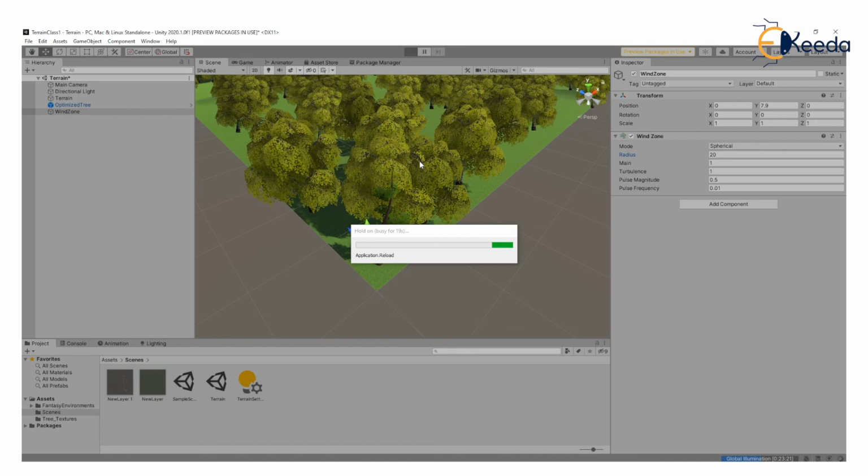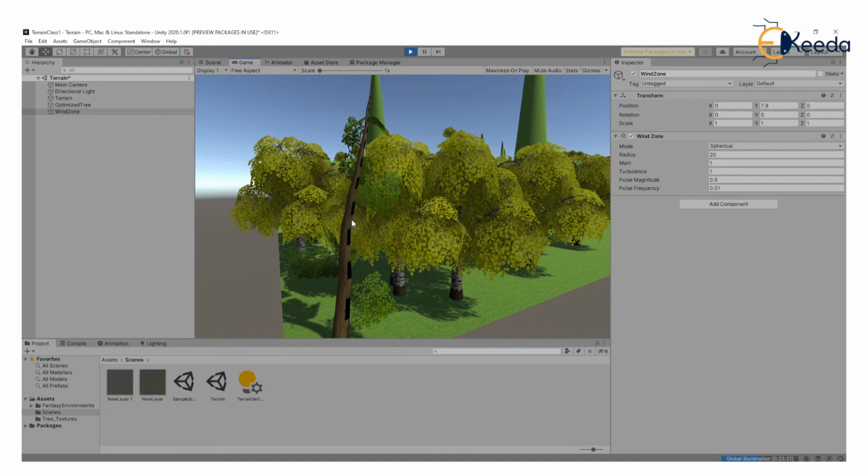Make sure this is the kind of option that you see in Unity. Right now it's loading the application because we have pressed the play option. You can see on my screen that the leaves are moving because of the wind zone we have put in, and that's why the leaves are moving now that we pressed play. We can even make it much more turbulent. We can make a tornado.